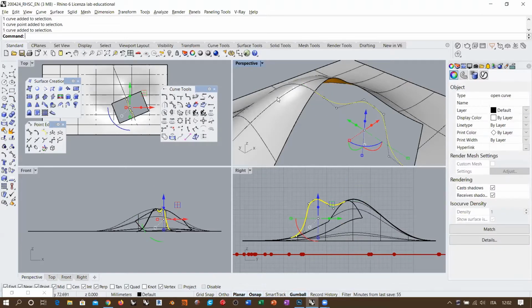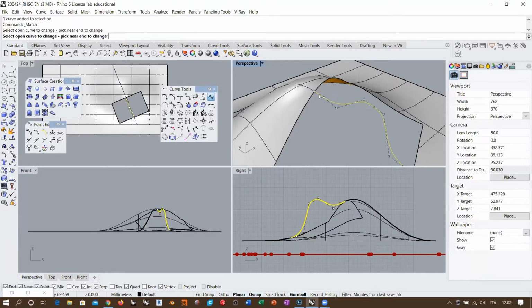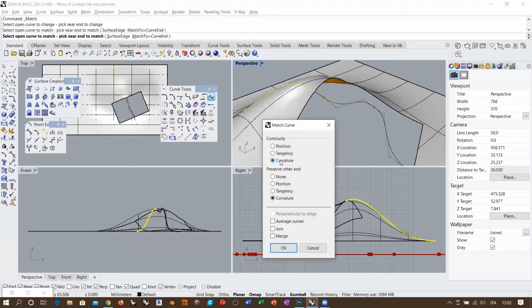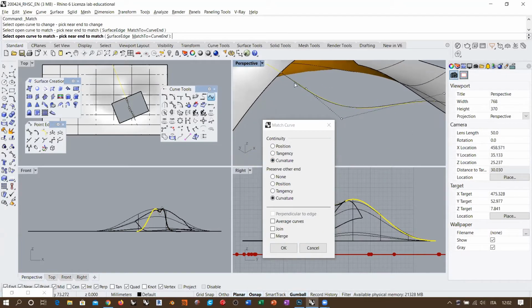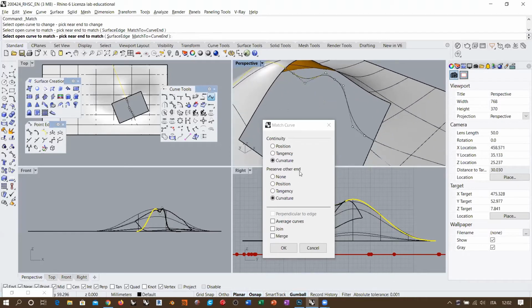take this curve here, and well, where is it? You match it. Okay, so I'm going to match this line to this one, and I want curvature continuity. And you see that there is some deformation going on here. The tangent control point eventually is not going to move, but the curvature control point, yes. Okay, and I can preserve curvature continuity on the other end, but actually there is no curvature continuity, so it's not preserving anything. But no matter, I just want to take into account this direct continuity here, and then I